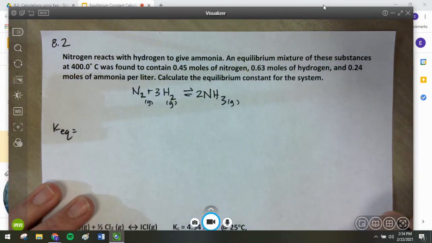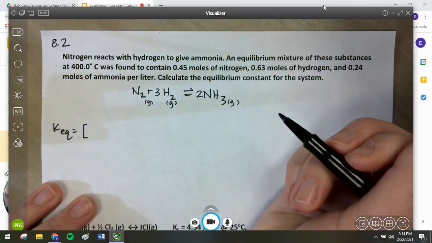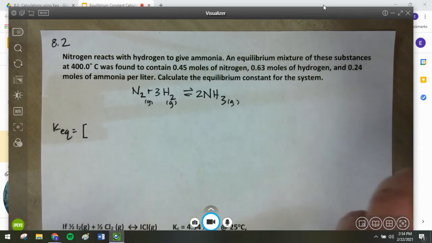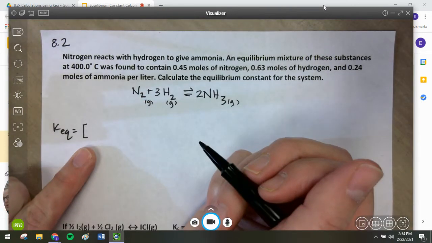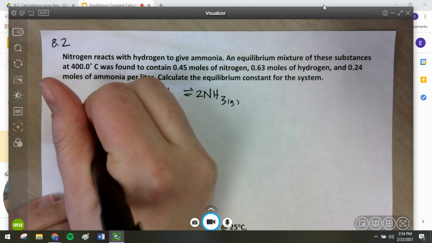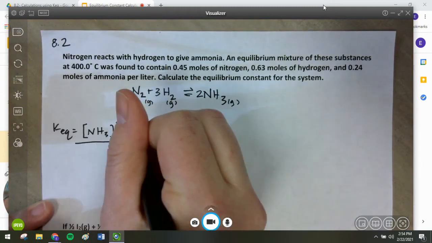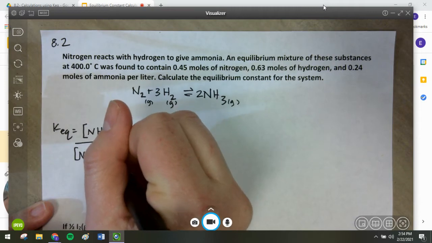what we're going to do is our products over our reactants. Now, since this is giving it to me in moles here instead of an atmosphere unit, then I know that I'm going to be calculating a Kc value, which is an equilibrium concentration constant, or we can just call it our KEQ. If it were given to me in pressure units, we'd want to call that a Kp, and it'd be a little bit different. So it is the concentration of the ammonia squared, because of the coefficient of 2,